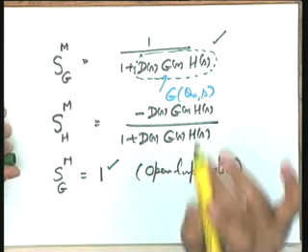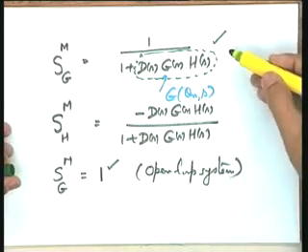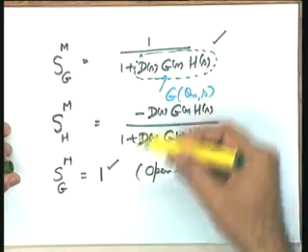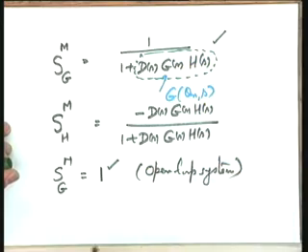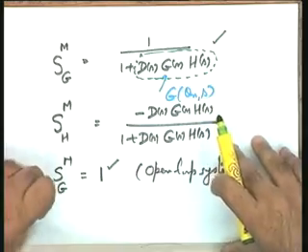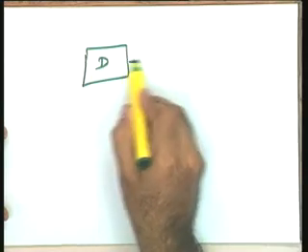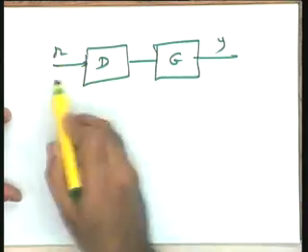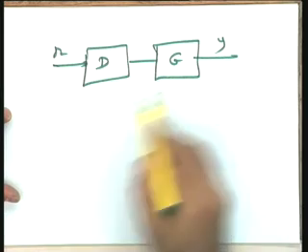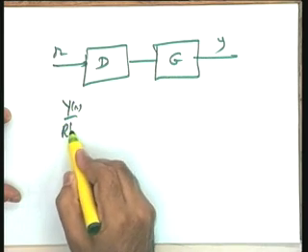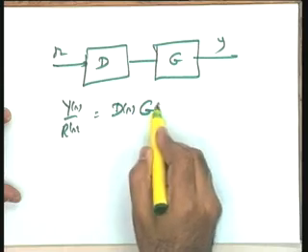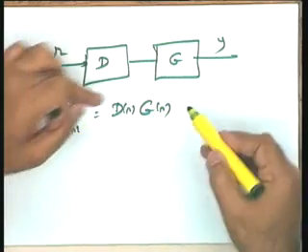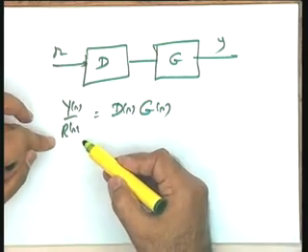Okay? One point here to be noted, what is the price we are paying in terms of improving the sensitivity? You will please note that if I consider the open loop system, here is the open loop system D and G. I need your attention here, please. This is your input R, this is your output Y. You find that the gain of the system is given by D into G. Y(s) over R(s) is equal to D(s) into G(s). So it means Y(s) is equal to this much of system gain multiplied by R(s).